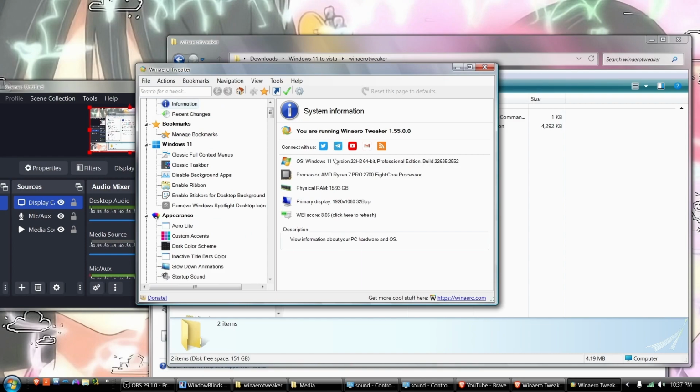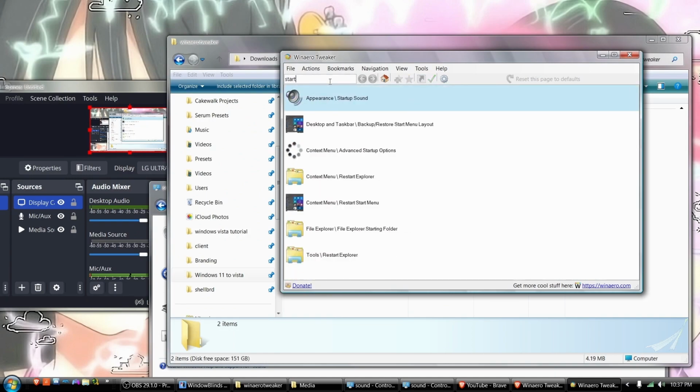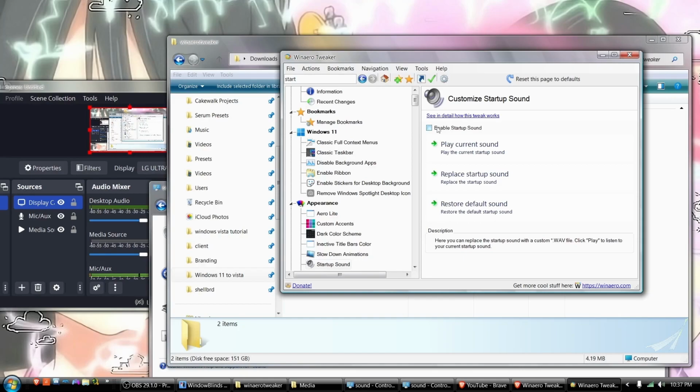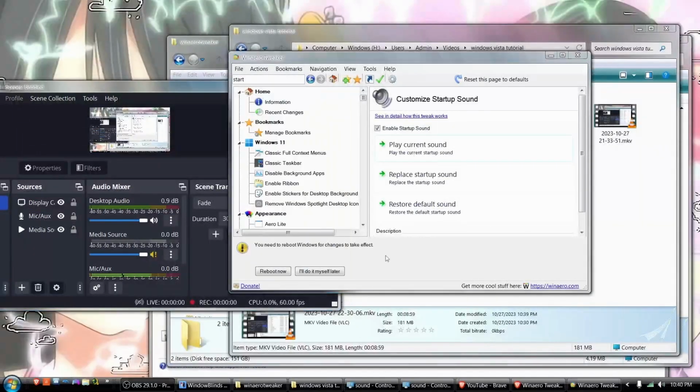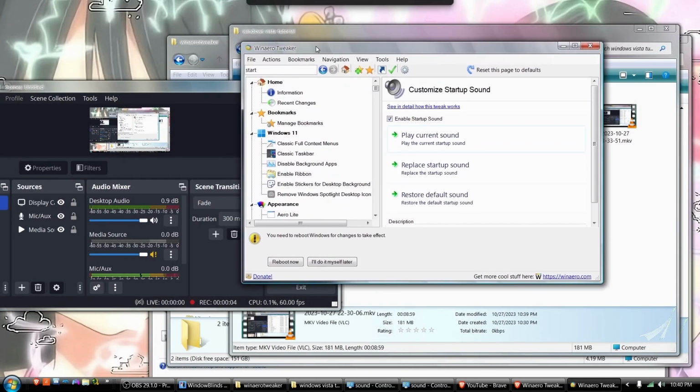I don't really use this for anything except for the startup sound. This allows you to change the startup sound. Make sure you enable startup sound, replace startup sound. I had to find my sounds again, but yeah, I use WinArrowTweaker to change the startup sound. You don't have to reboot to save it, but